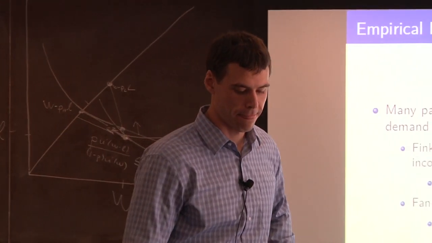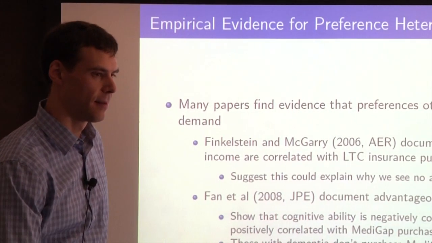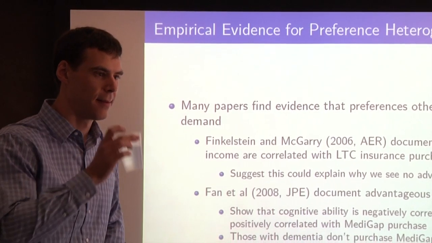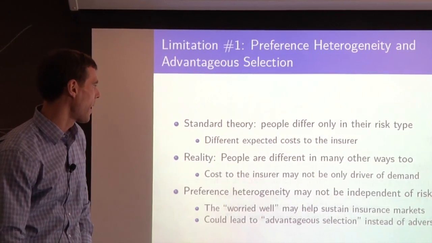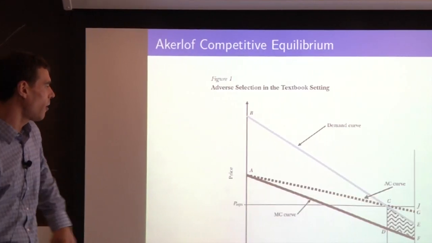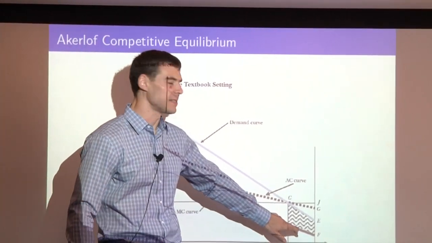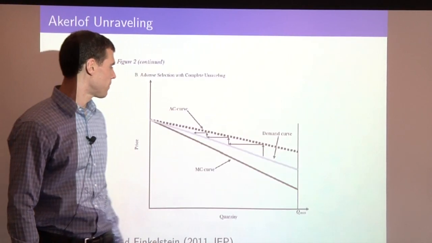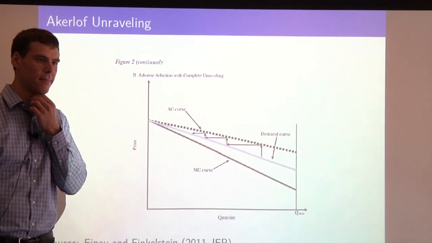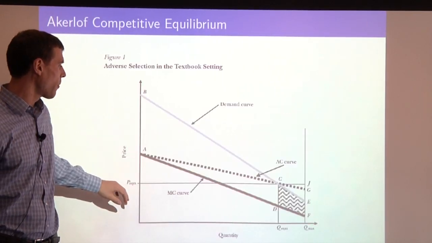Yeah. So is this advantageous selection just all saying why the demand curve might not be below the average cost curve? It's all basically saying why this may not be as downward sloping as you might have thought. Is it saying that we're not in this case at all? Nope, it's saying why we're not even in this case.